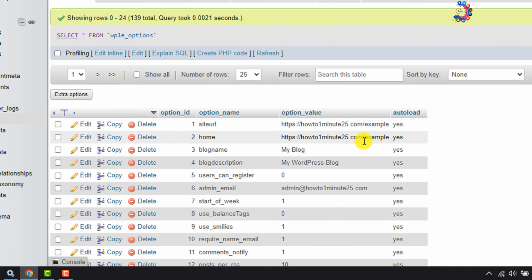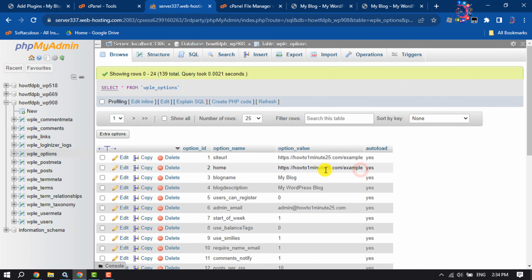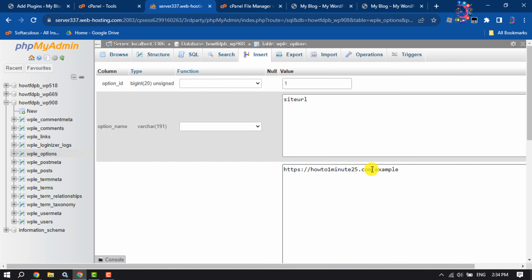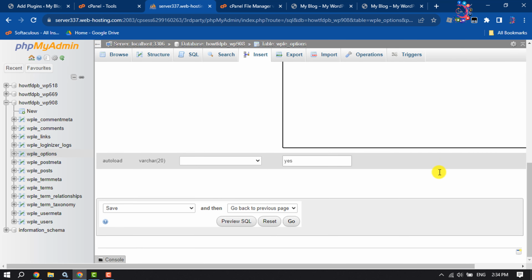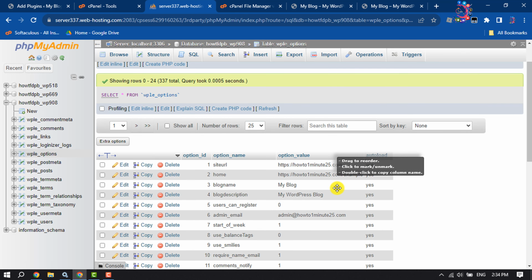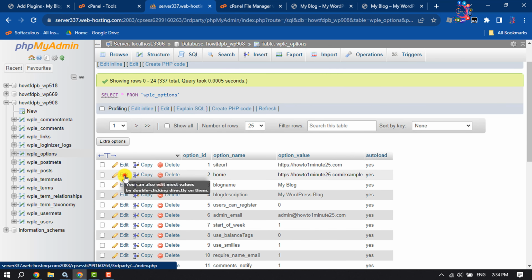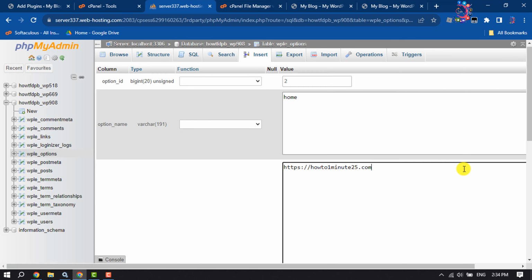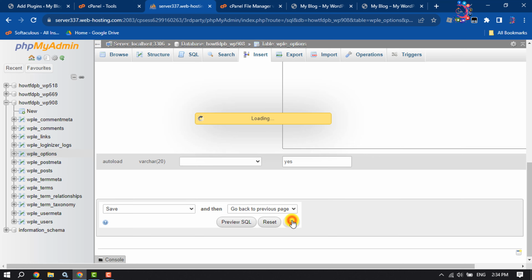and here now we will remove this subfolder from our website link. So first of all, edit the siteurl option and remove the subfolder name and click on go to save changes, and now edit the home option and also remove your subfolder name from here. Click on go,